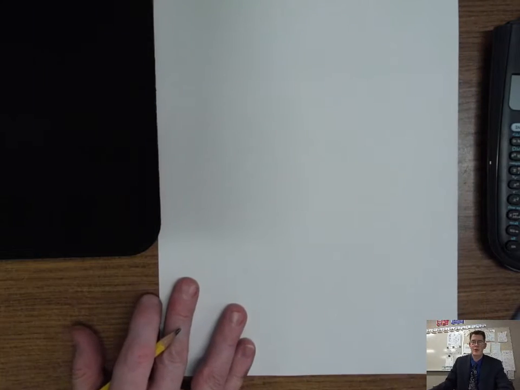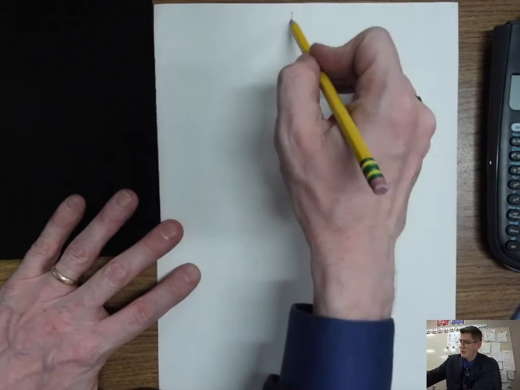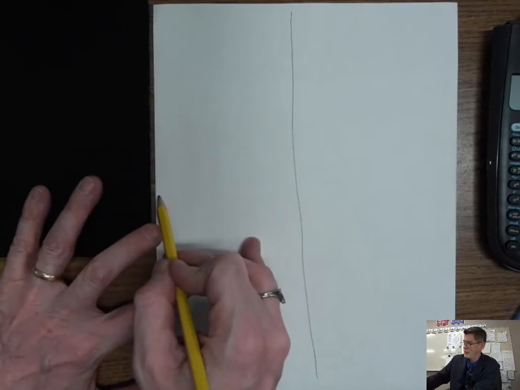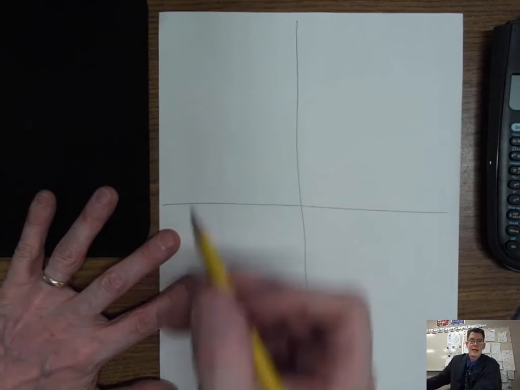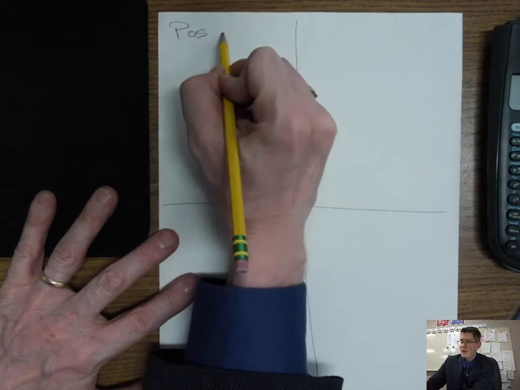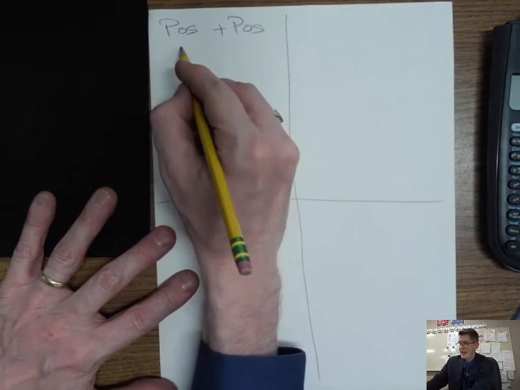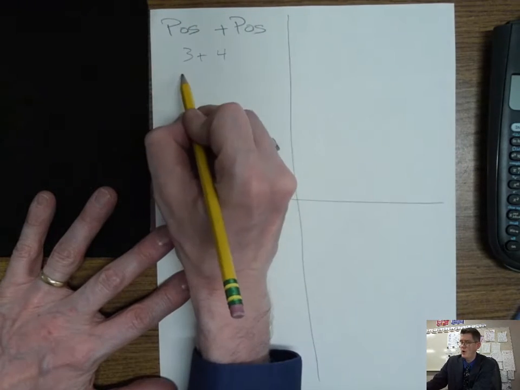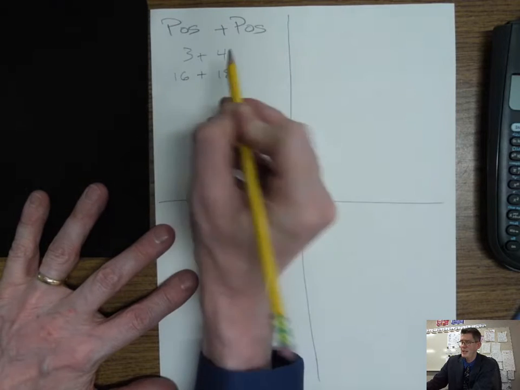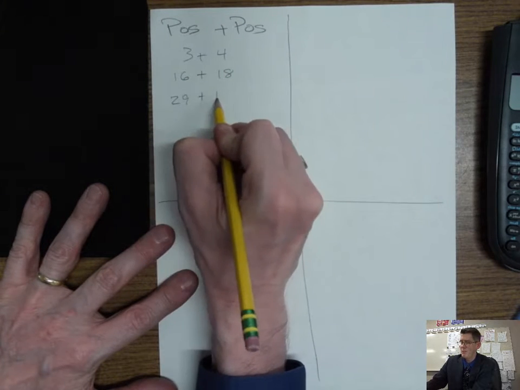Here we go. In adding integers, there's a couple different patterns that show up very clearly, and so we're going to discuss those patterns one at a time. Let's say that you're adding two positive integers: 3 plus 4, 16 plus 18, 29 plus